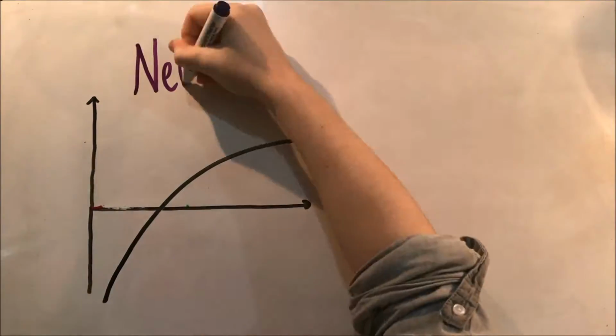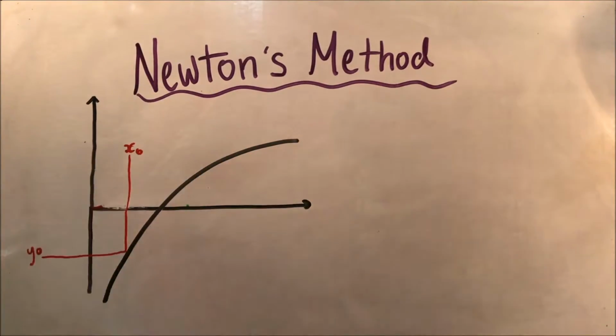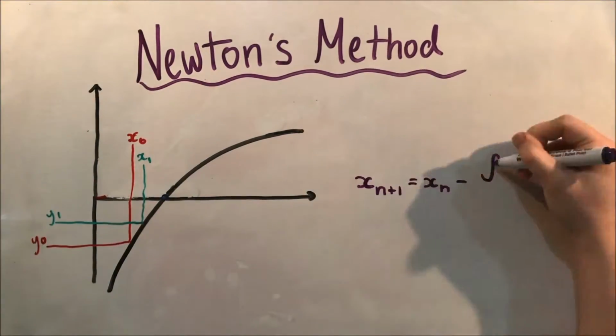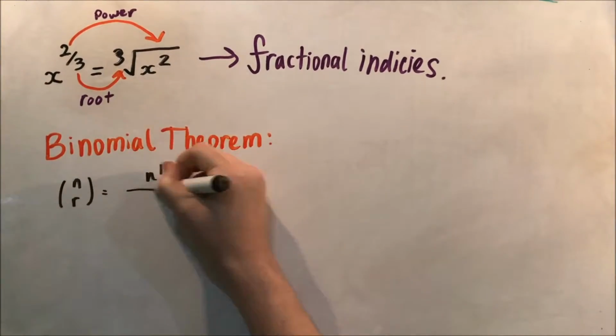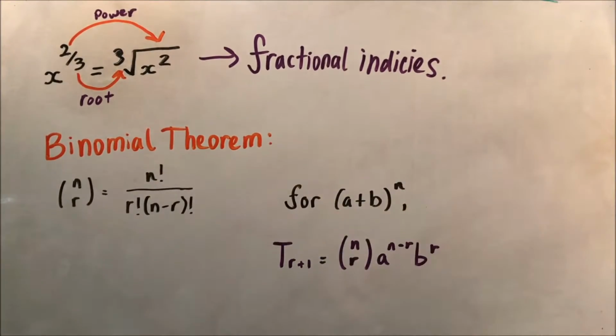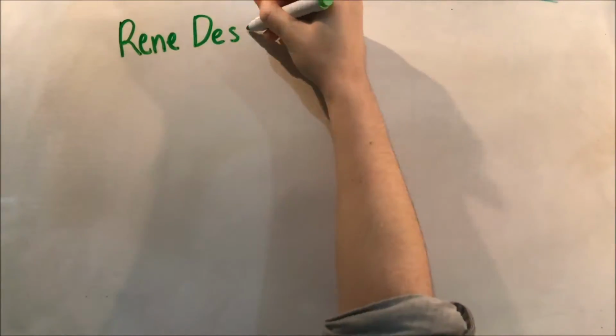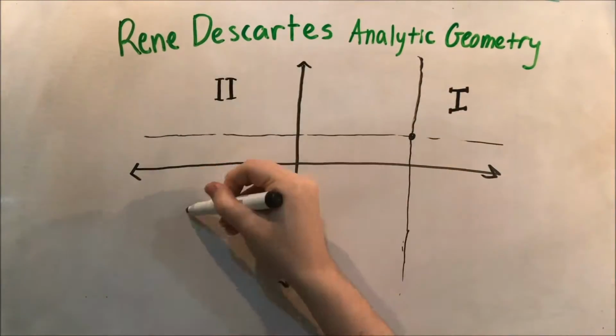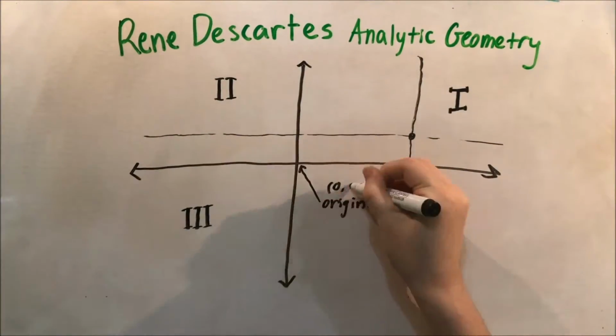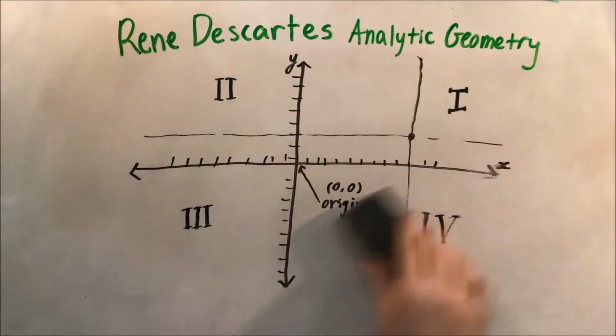Newton was also partially responsible for what we know today as Newton's method, though his original method was only applicable to polynomials. Amongst these achievements, he was also a proponent of fractional indices and generalized binomial theorem. Newton's work can be seen as an extension upon Descartes' analytic geometry, as with calculus you can determine the area of shapes which are not enclosed by straight lines or parts of circles.